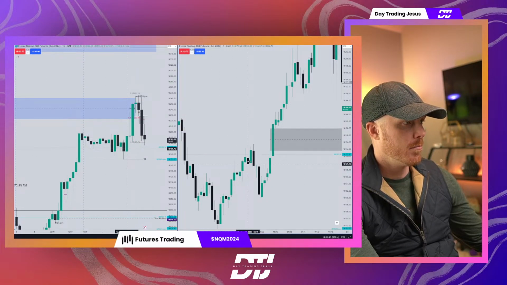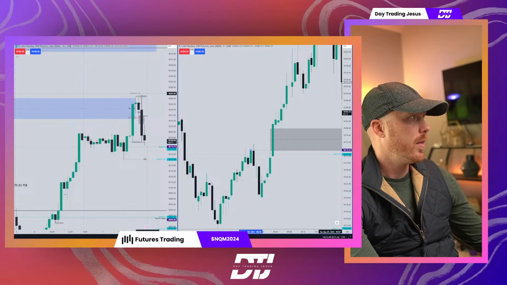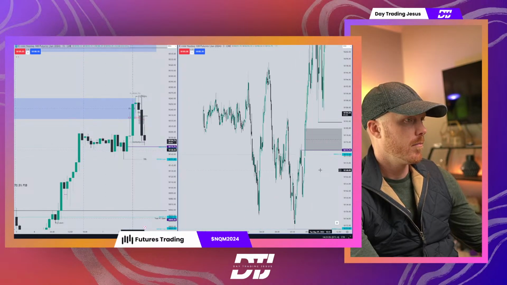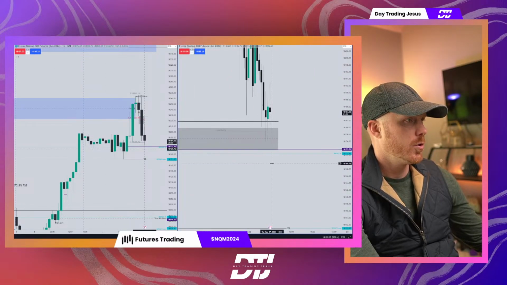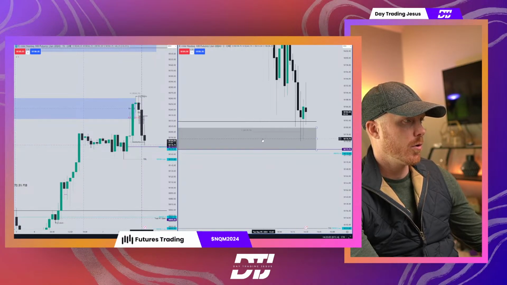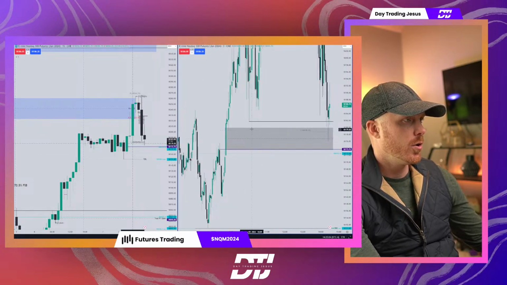lines up with anything. Right there. So we have not reached that. We actually stayed above the consequent encroachment of that fair value gap. So it's pretty common